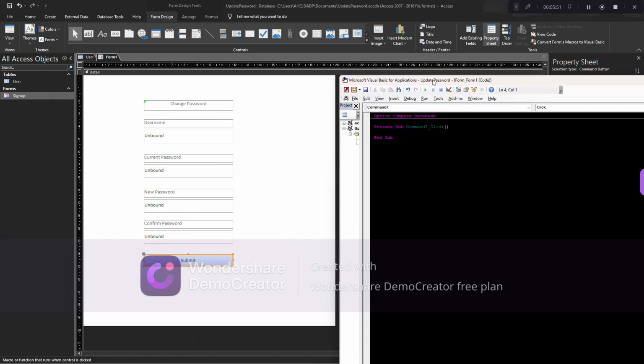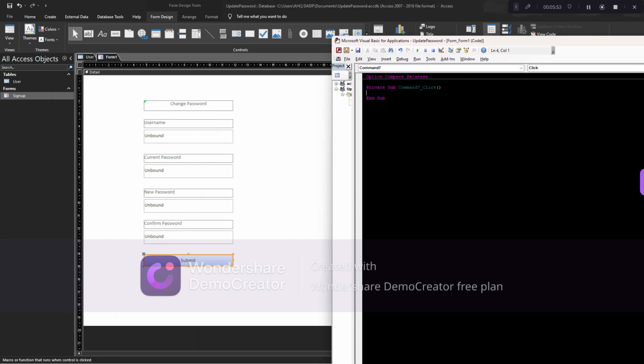So I like to see the tables I'm working with so that I'll be able to refer to them. All right, on the click of this button, what do you want to happen? The syntax that you want to run is for it to update the password. So let's say DoCmd.RunSQL, then update which table? User